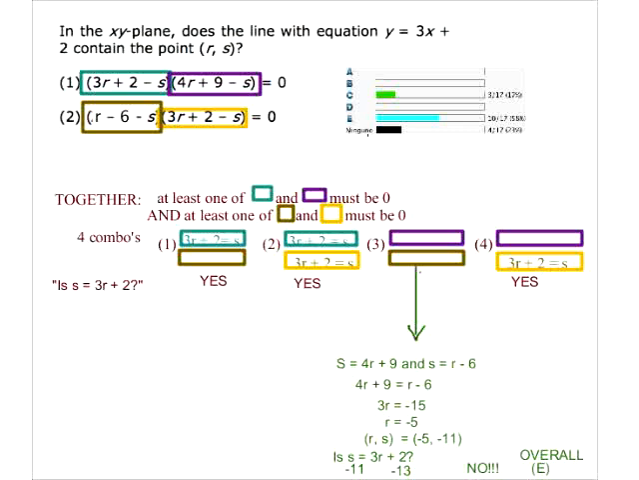RP in which question? In which question, where, when? All right, so